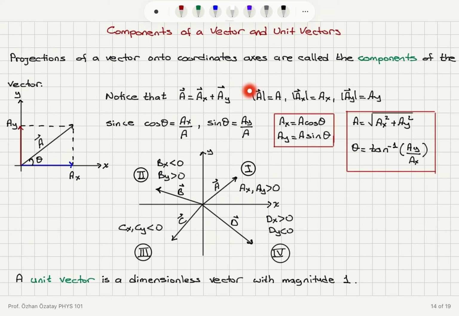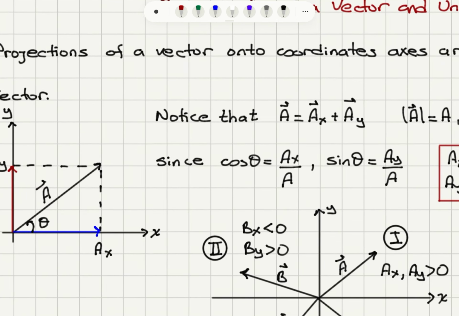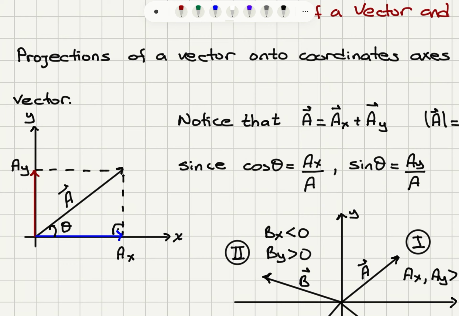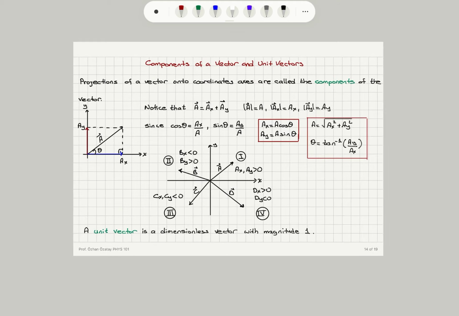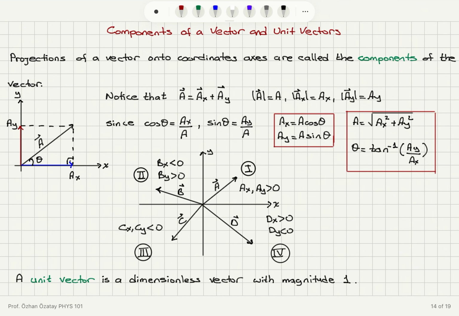So vector A has magnitude A, AX vector has magnitude AX, AY vector has magnitude AY. Now how do we find these components? Well, this is a right triangle here. So we can see that if you look at the cosine of the angle theta, it will be AX divided by A. If you look at sine of the angle theta, it will be AY divided by A. So looking at this right triangle, we can figure out that AX is A cosine theta,